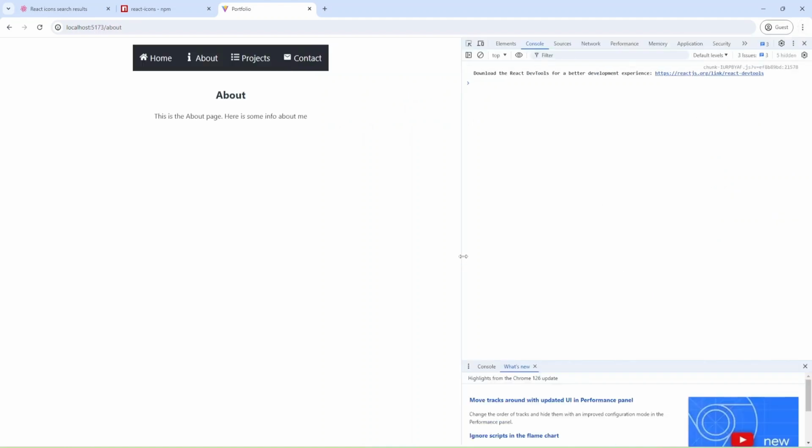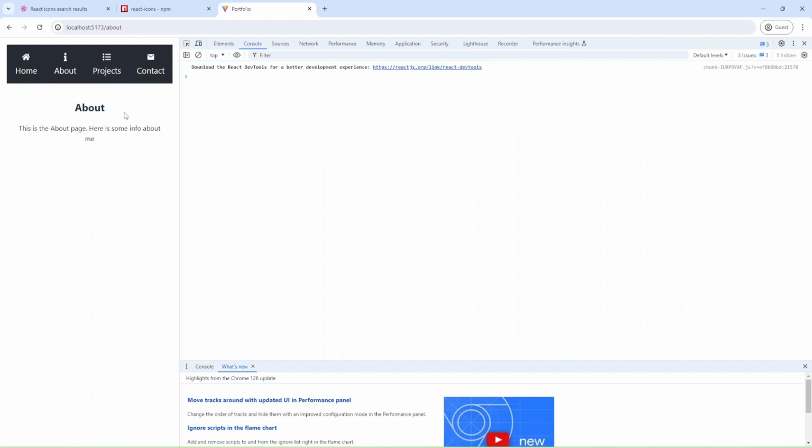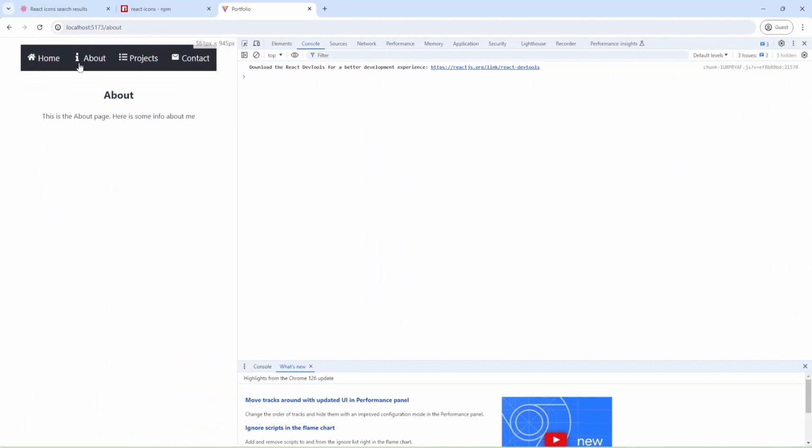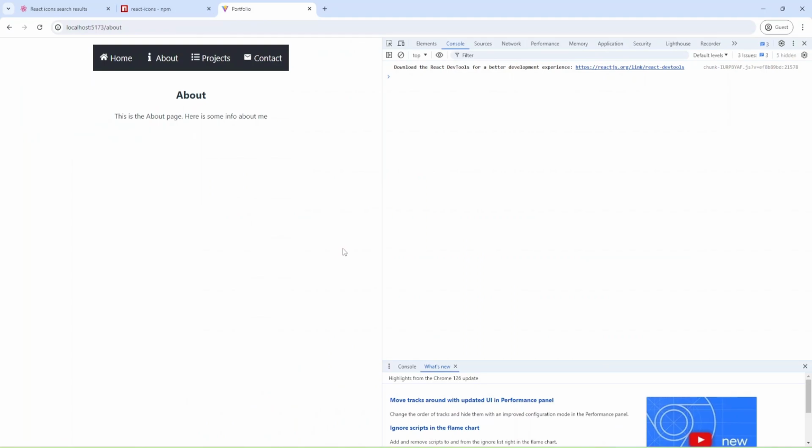Let's check. As you can see, now we don't have flex display because when I move the mouse, my navigation doesn't change. And let's do it.